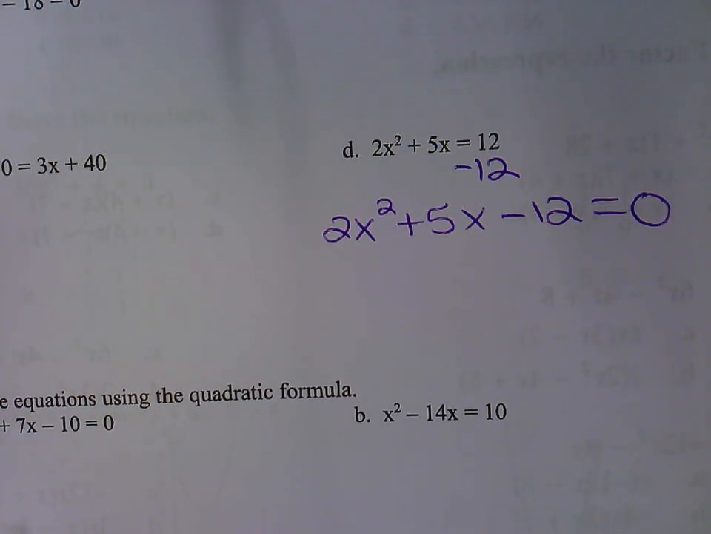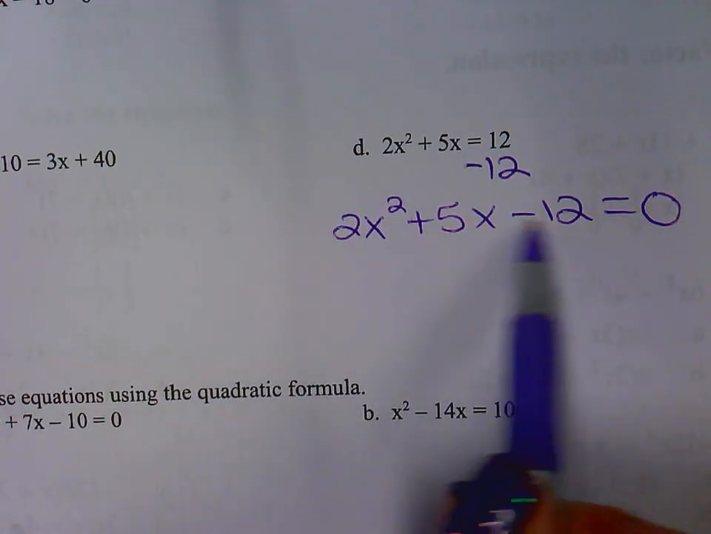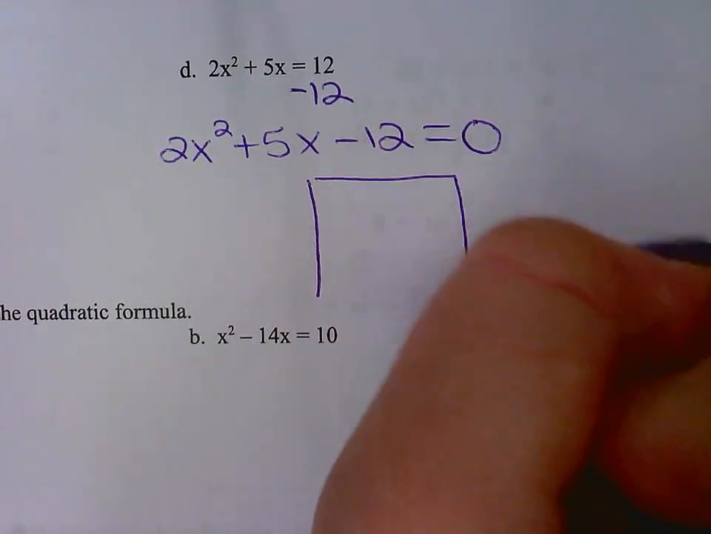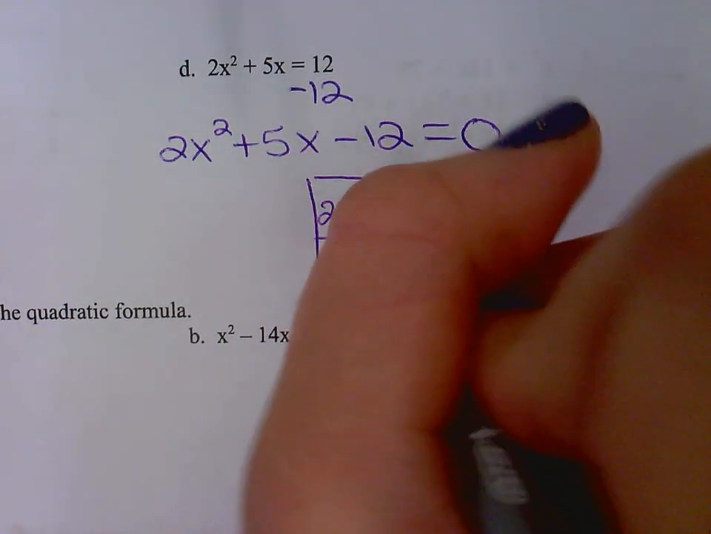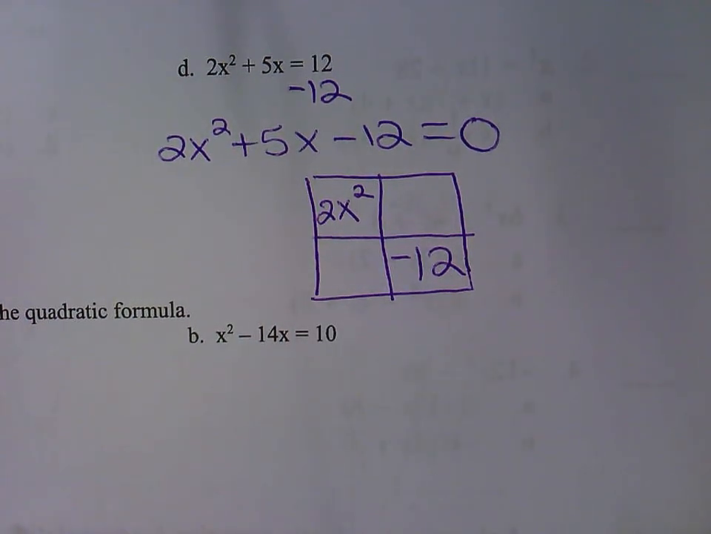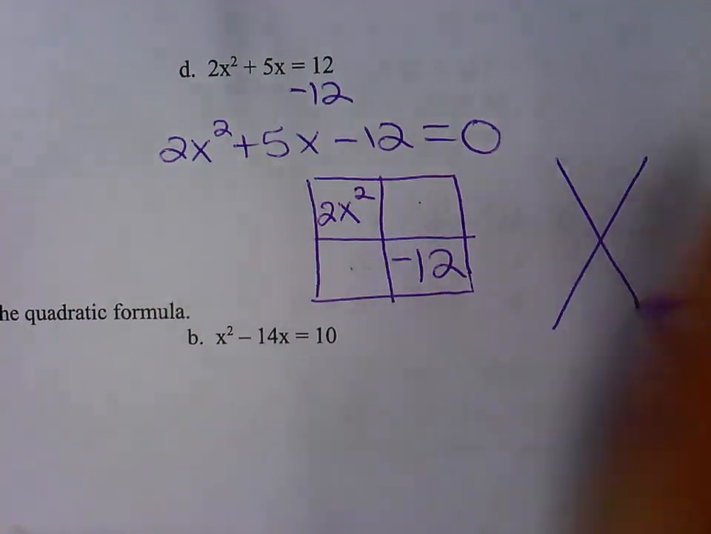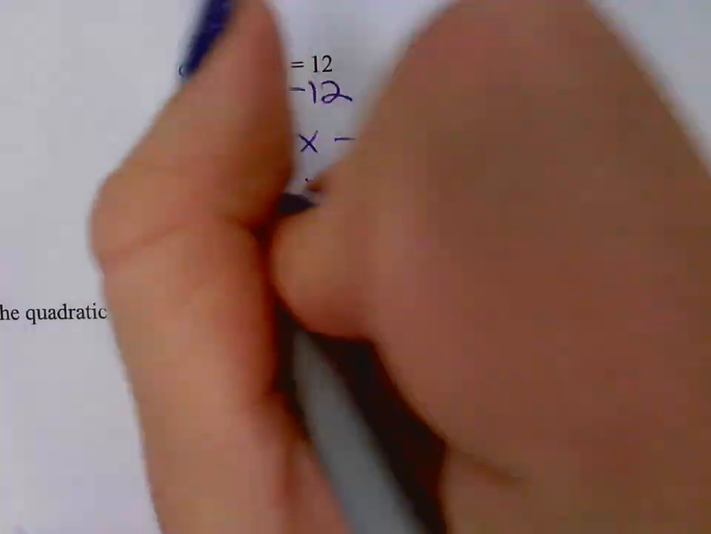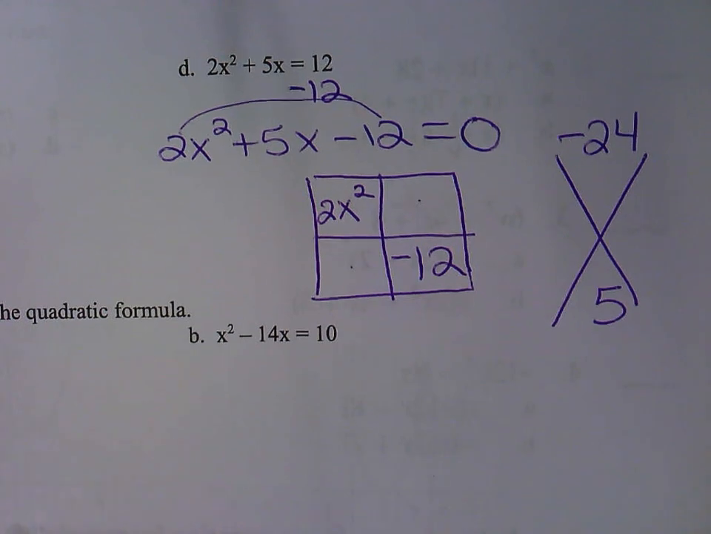How do I know it's the box method? Because there's a 2x squared and there's no greatest common factor. So I start by setting up this box. Remember, you put the 2x squared in the top, the minus 12 in the bottom. How do I find out what goes in these 2 boxes? I do the diamond. What goes in the top of the diamond? A times C in this case gives me negative 24, and then my B value is 5. Okay,